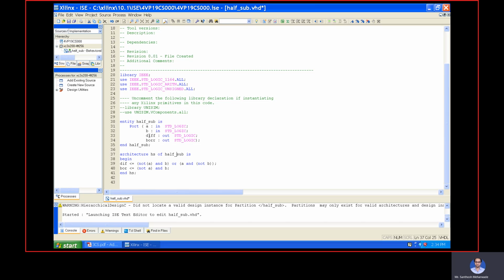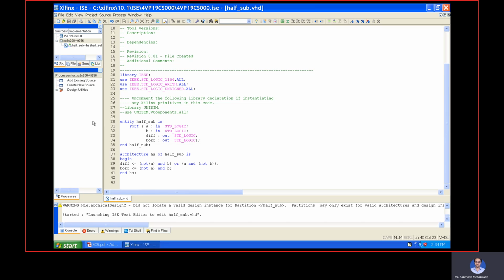But you can see here diff has double F, but here it is only single F. Similarly for the next one, borrow, that is R. Now all are matched. Next I have to save. Click on save.